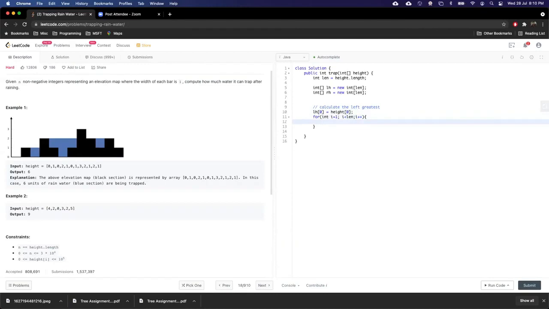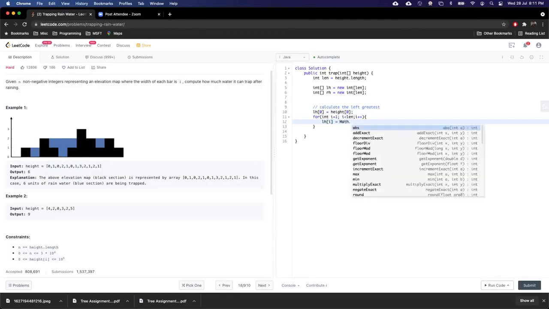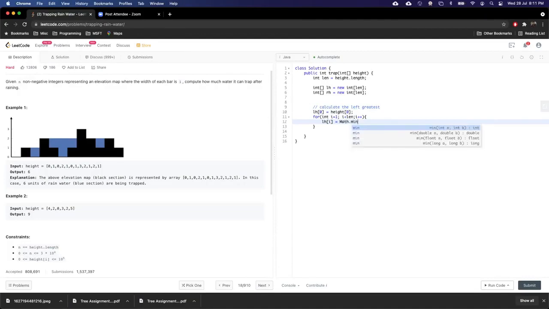Then what we will have, simple, LH of i will be equal to Math.min, comma, between your LH of 0 and the current element, which is height of array. Okay, this is, sorry. So this is we are checking